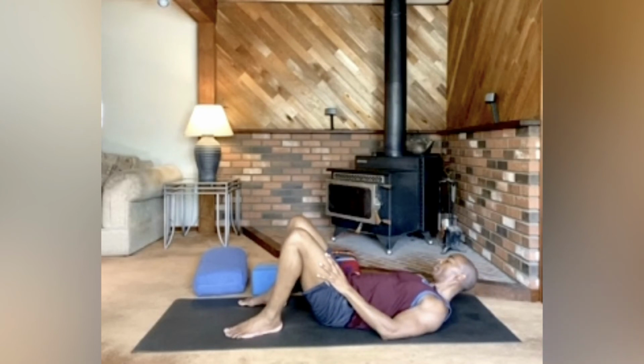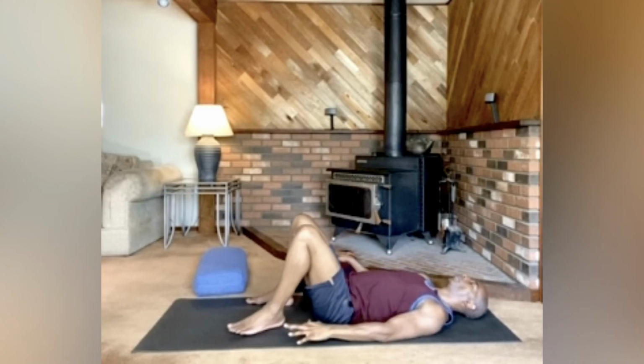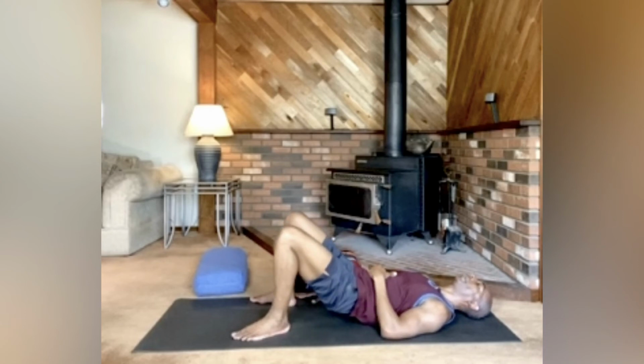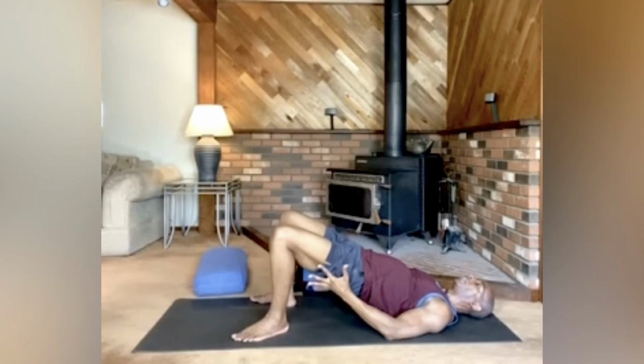Knees bent, feet flat on the floor. So our supported bridge pose, so something that you can sit on. Inhale, fill up your lungs. Exhaling to engage belly, using that sensation to lift hips up into the air. Now again, you could just hold yourself up, just like this, but this is more activation, more engagement in the